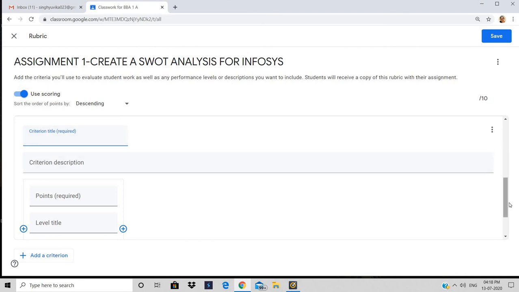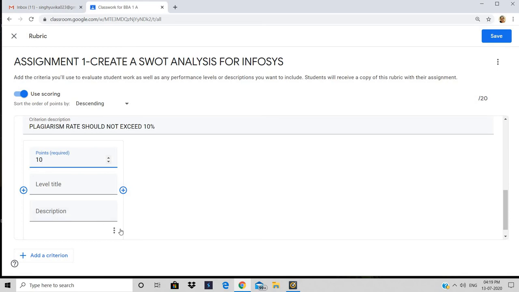Criteria title is, second one is for the same assignment 1 2 criteria, and the criteria description may be assignment plagiarism rate should not exceed 10%. So points here required will be 10 marks again, and we can just save it.